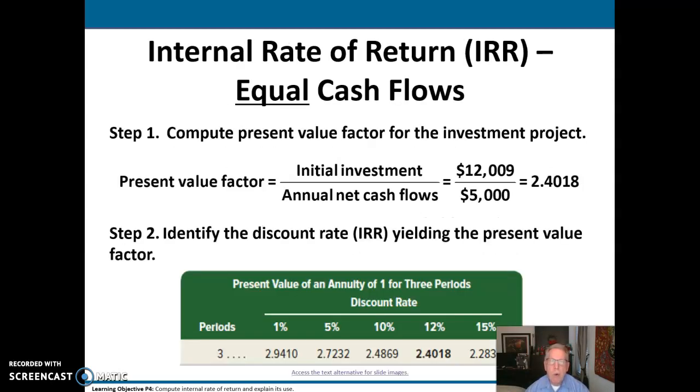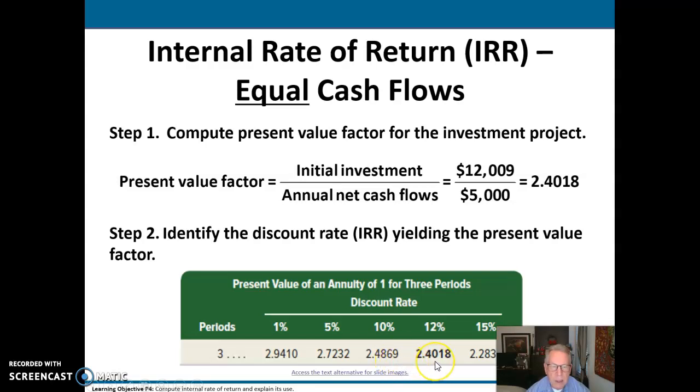If we have equal cash flows, we can compute the present value factor for the investment of the project by taking our present value, our initial investment, and divide that by our annual net cash flows. And that gives us a 2.4018. And then we can go into the tables for the present value of an annuity for 3 periods, because this was 3 years, and we go find